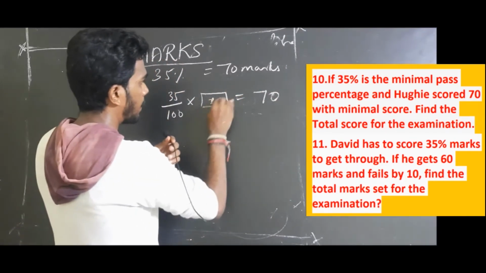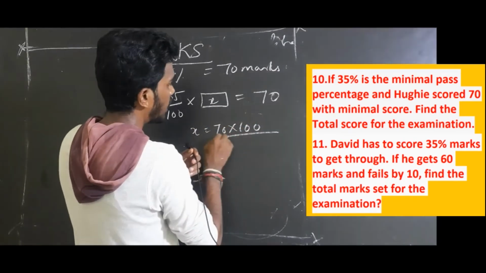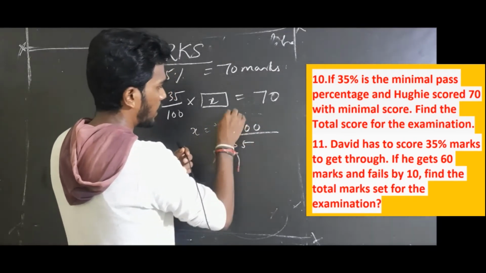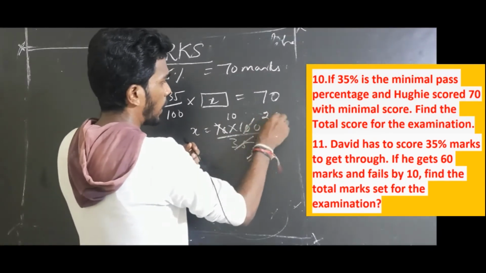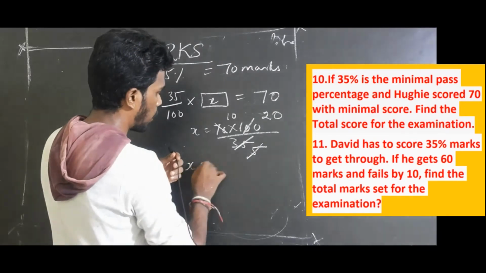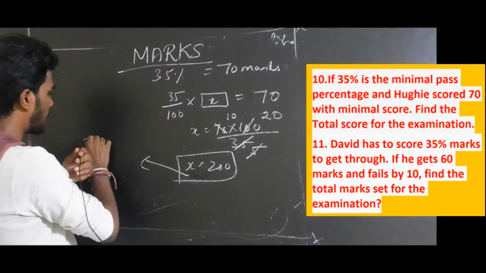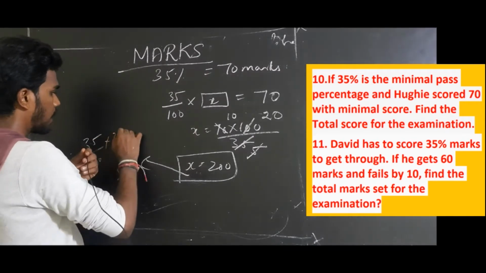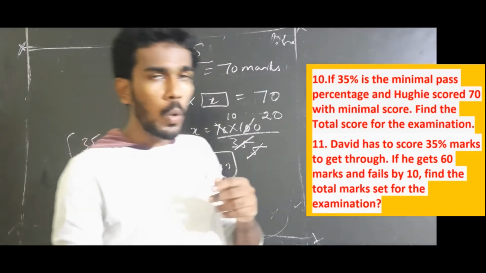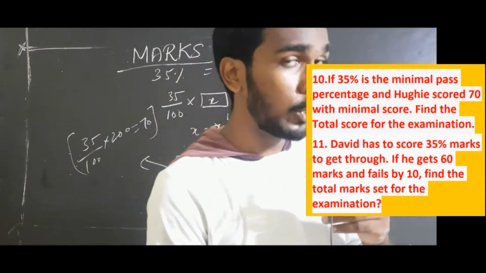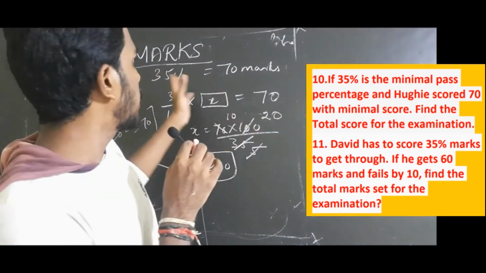So putting it simply, we make it x. So x is equal to 70 into 100 divided by 35. So 7 tens are 70, 7 fives are 35, so 2 times 100. So x is equal to 200. Therefore, if you calculate 35% of 200, you will get 70 marks. That is nothing but, those who face your board examination, you write it for 200, right? And 70 marks, if it is going to be a pass mark, then that is nothing but your 35%.